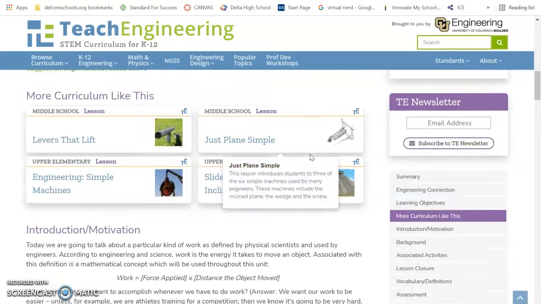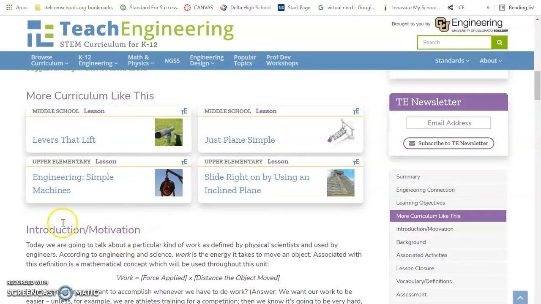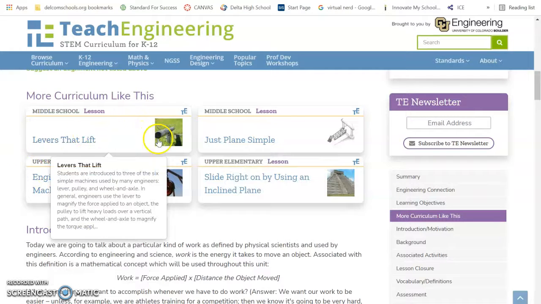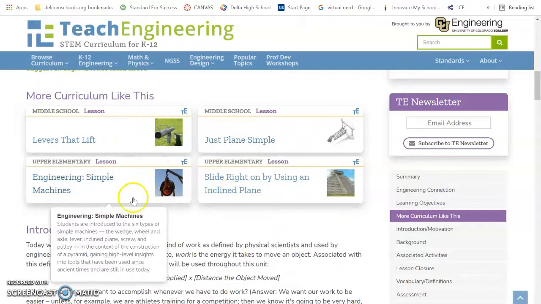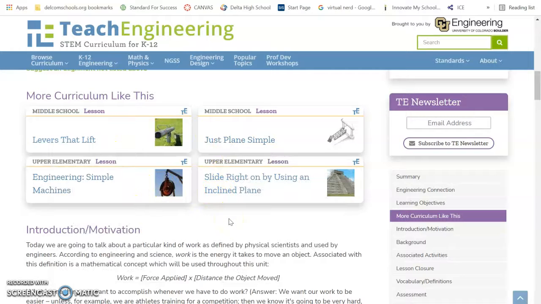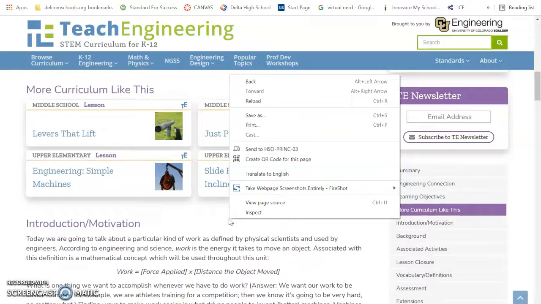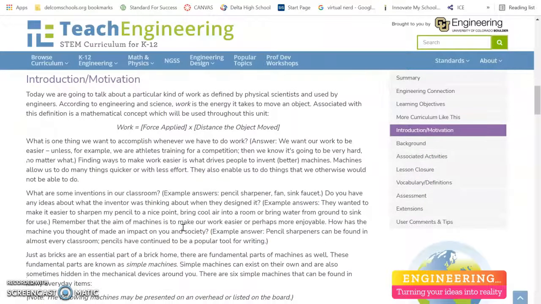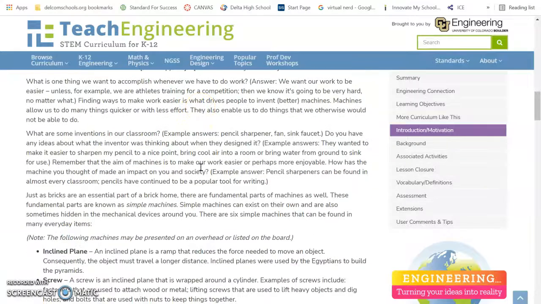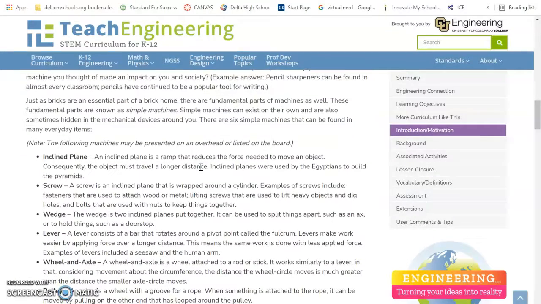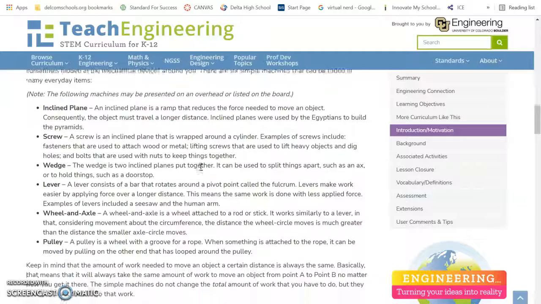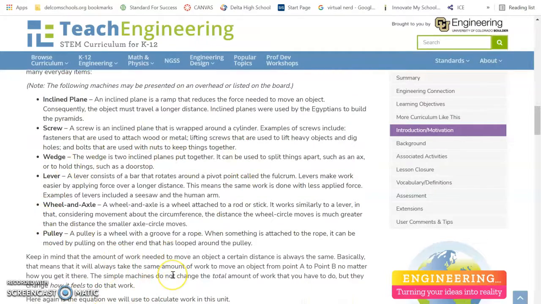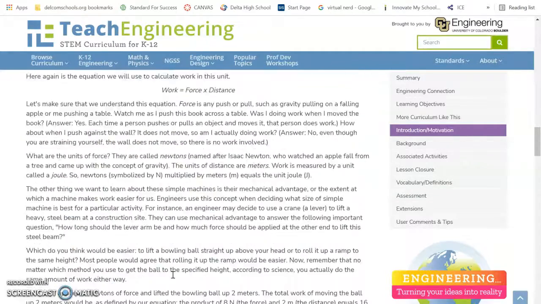So also on each page for each lesson, you can see that there are other curriculum units, and that's pretty neat. And those would align with a lot of the STEM issues as well. So here you can see there's some introduction and motivation. They talk about work being equal to the force applied times the distance the object is moved. They do give some vocabulary here for the students to know that that's what they're going to be working on,